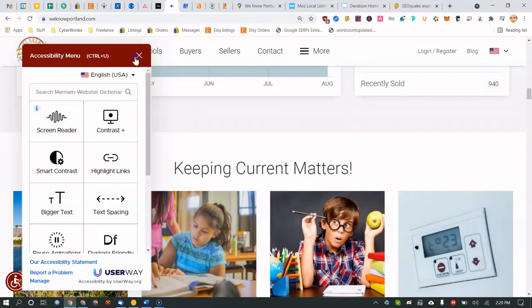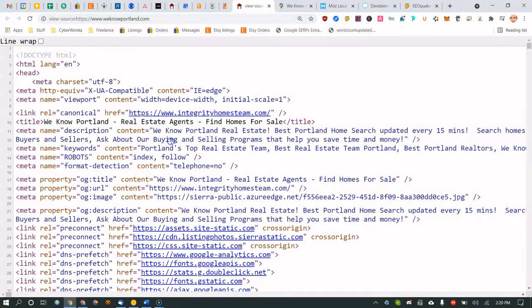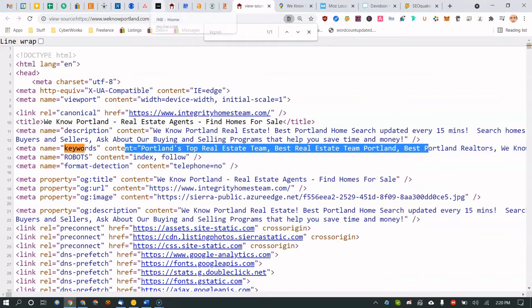Interesting. Okay, so you have some kind of weird shortcut there. Right here. So just take this line out of your web page. Spamming. I think Bing actually